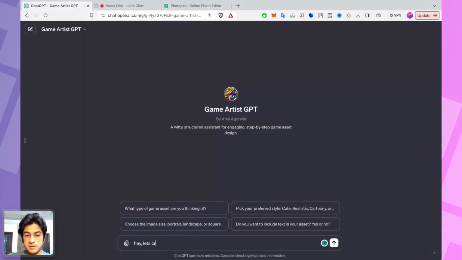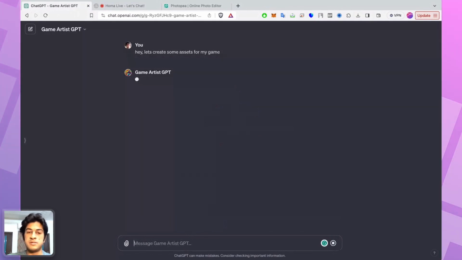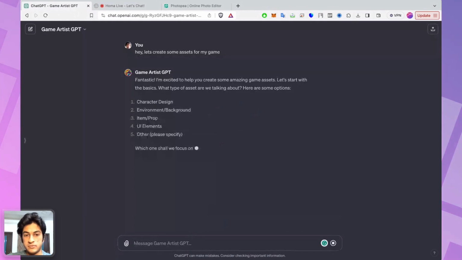Okay, let's create some assets for my game. Obviously, since it generates an image for you, it can only do 2D assets for you, not 3D. And in my custom GPT, you can have a conversation, you can talk to it, it will ask you some questions like what kind of a character do you need, what kind of background, does it require any props, are there any UI elements.